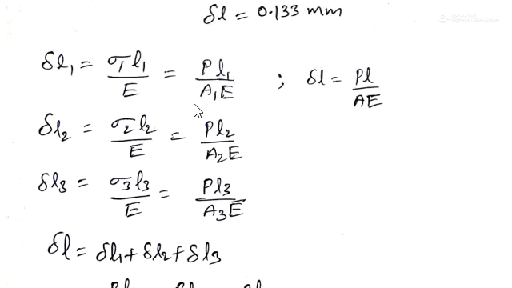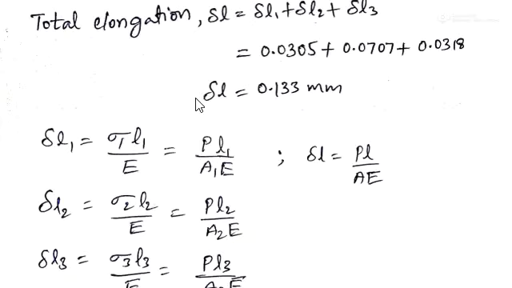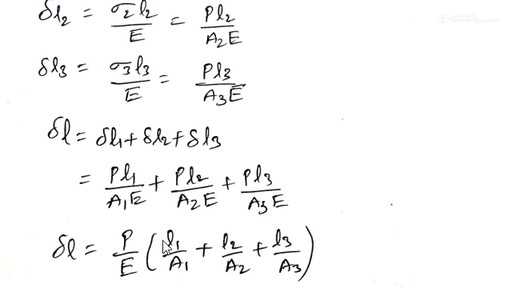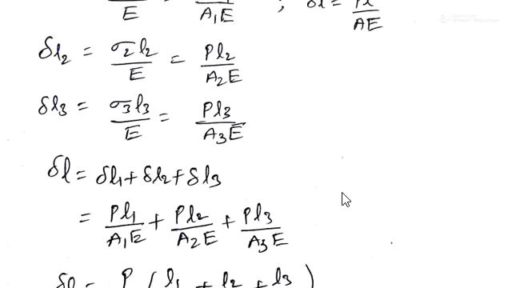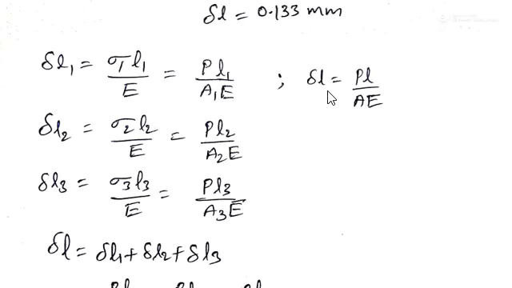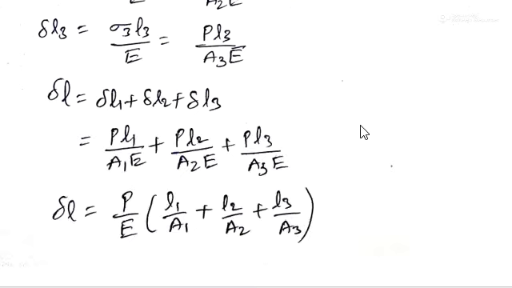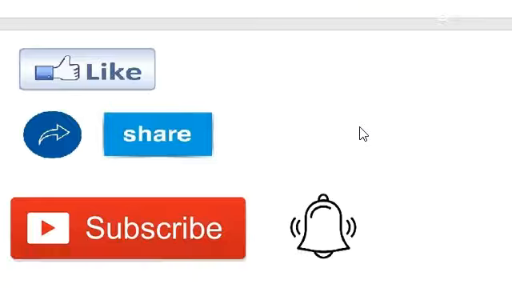These formulas and the previous ones are both the same, just expressed in a different form. Here, without calculating the stress directly, we can find the total elongation when we use this form of the formula. Anyway, if you want to find delta L, the general formula is PL by AE. So this is the way to calculate this kind of question.